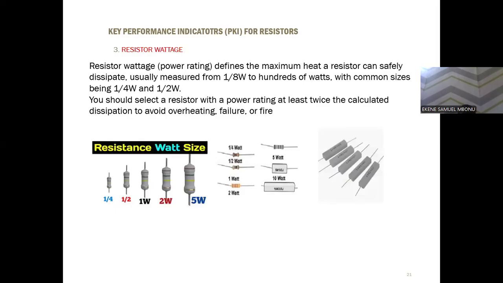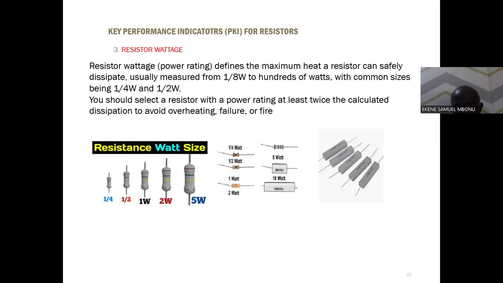Finally, the resistor wattage, that is in the KPI, the resistor wattage. Resistor comes in various sizes. You have quarter watt, you have half watt, you have 1 watt, 2 watt, 5 watt, you have 10 watts. Apart from the resistor value, we also need to consider the amount of current flowing through the particular point we want to connect the resistor, we need to make sure that the resistor should be able to handle the heat that will be generated. That is heat as a result of I square